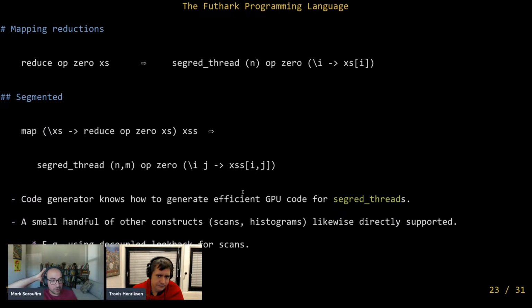Sorry? So Troels, speaking of reduction algorithm choices, is this something you expose to people? Because these different algorithms have different trade-offs between, is it reproducible? Is it fast? Does it have atomics or not? Do you care about launch overhead or not? So I'm sort of curious how you expose these knobs to end users.